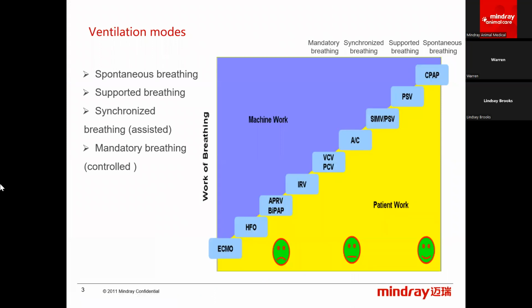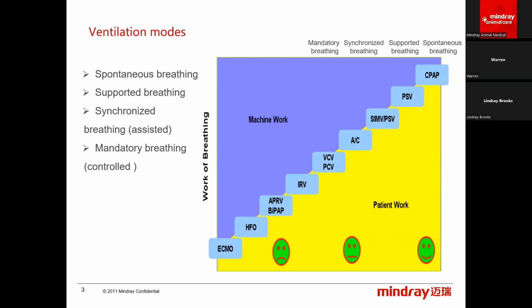So, ventilation modes in general. The reason that we'll put a patient on a ventilator is to make sure that the respiratory system is being properly supported during anesthesia. Humans obviously can be put on a type of ventilation while they're awake, such as CPAP. My dad has a CPAP machine for his sleep apnea. But in general, we are really only putting patients on ventilators in veterinary medicine when they're